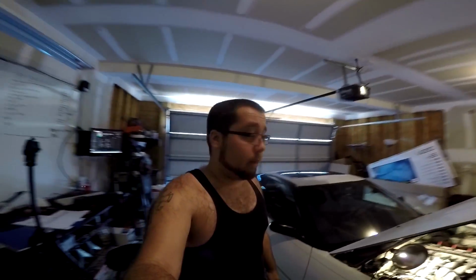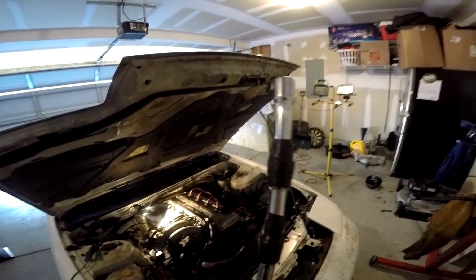I don't know why, but I was looking at some details on what size socket it takes, so I don't have to sit there and fuss around with sockets. But one other guy had a problem with his knock sensor melting, so bypassing it might be a good idea. So we're gonna go and pull that out real fast. So my long extension came in handy again. So what happened was I unbolted it, and